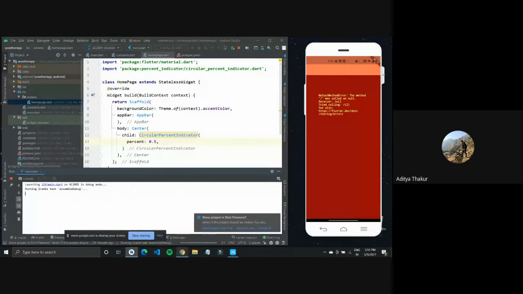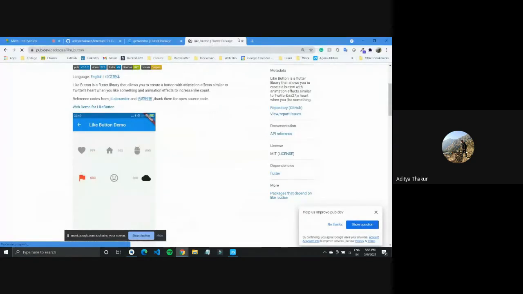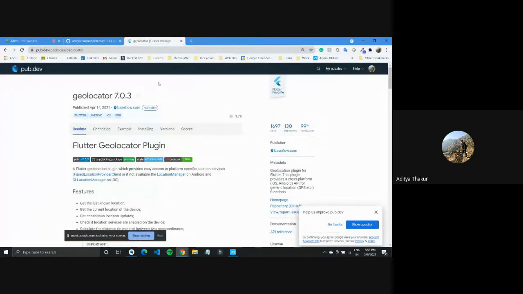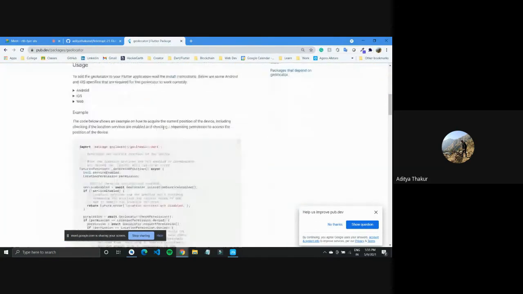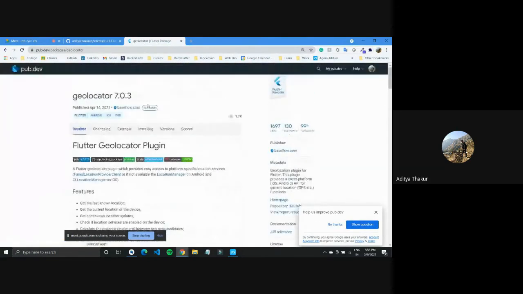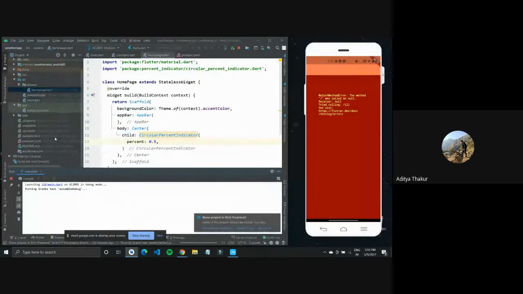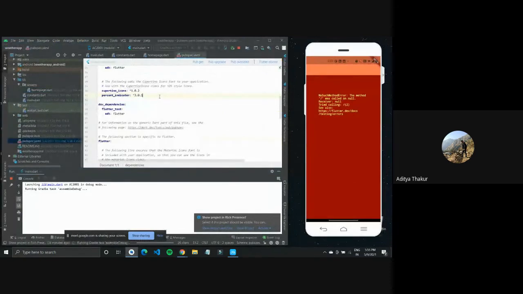So it should take some time again. And what I want to do is focus on this geolocator package. So geolocator is the package that we would use to get the location of our mobile device. I'll just go ahead and copy the package name, go down to my pubspec.yaml, and, okay, I shouldn't build it as such. Let me just add the geolocator package as well, so they both get built together.